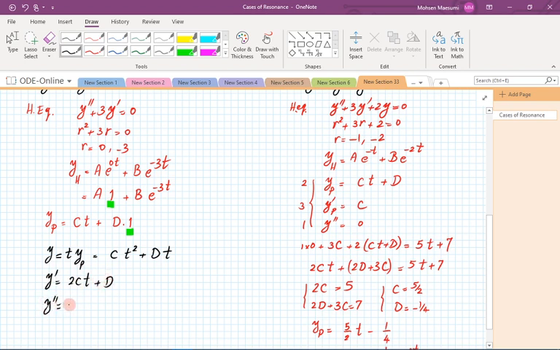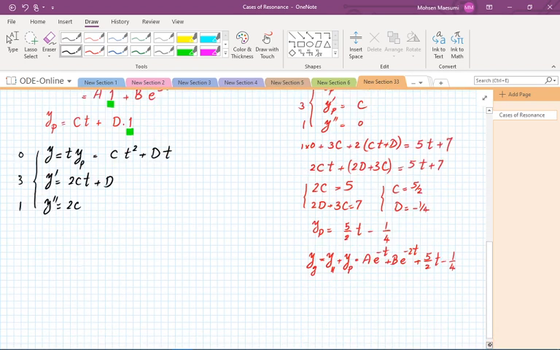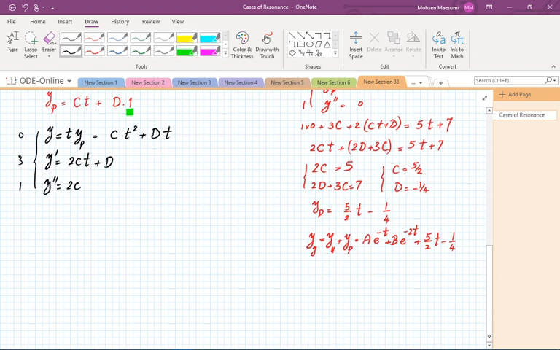It's just 2c. We combine these. Well, how are we supposed to combine? According to our equation, one of this thing and three of this thing, and none of that are going to be combined to produce the right hand side for us, which is 5t plus 7. So now we come and say 1y prime, that's just 2c, plus 3y prime, this is 1y double prime, I should have said, 3 of